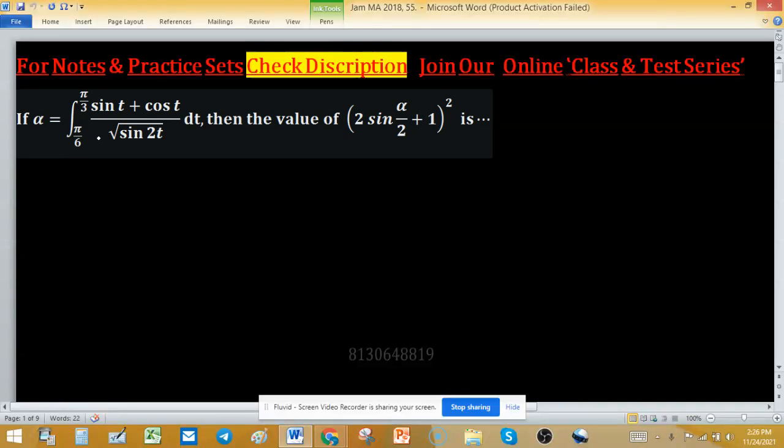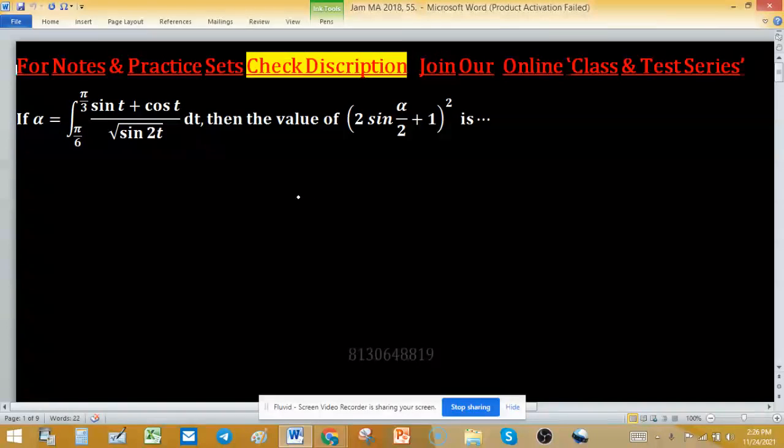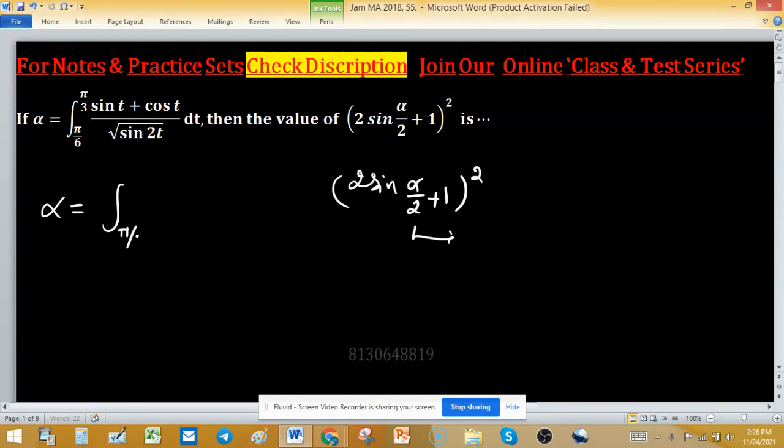Alpha is equal to this integral, and we have to find the value of the expression (2 sin(alpha/2) + 1) raised to the power 2. For this, if we can find the value of alpha, then we can easily find the value of the entire expression. And the value of alpha we can find with the help of this integral from pi/6 to pi/3, where the integrand function is